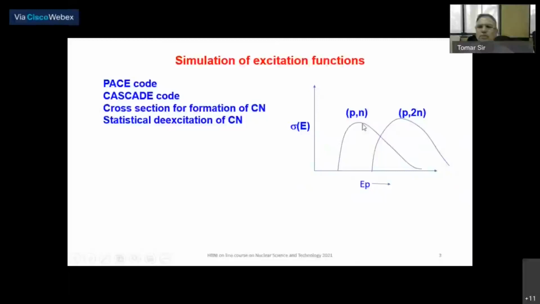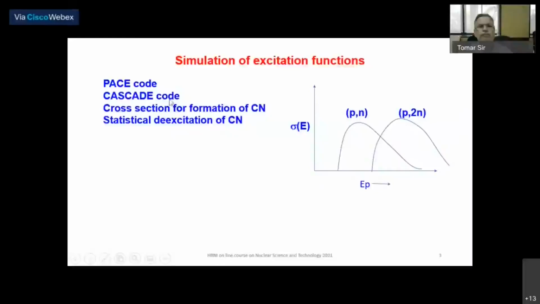So suppose your radioisotope of interest is from the (p,n) reaction, then you can fairly choose the energy somewhere here where there is no other reaction happening. And so you can decide what the projectile energy is. For example, for the (p,2n) reaction, you can use somewhere here, but then if you have a thick target, the (p,n) product can also be formed. So these are the kind of simulations one can do a priori without doing the experiment. And most of the time, within 10 to 20%, the cross sections predicted by these codes are close to the experimental data. And they are very simple to do.